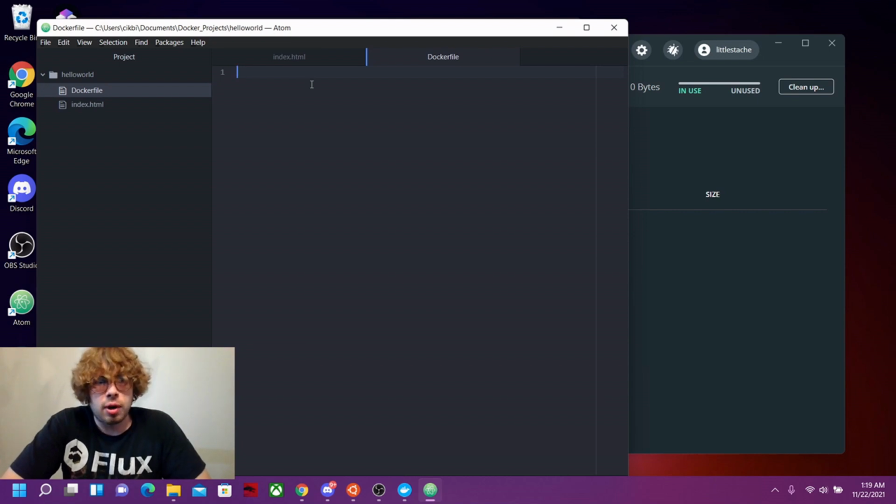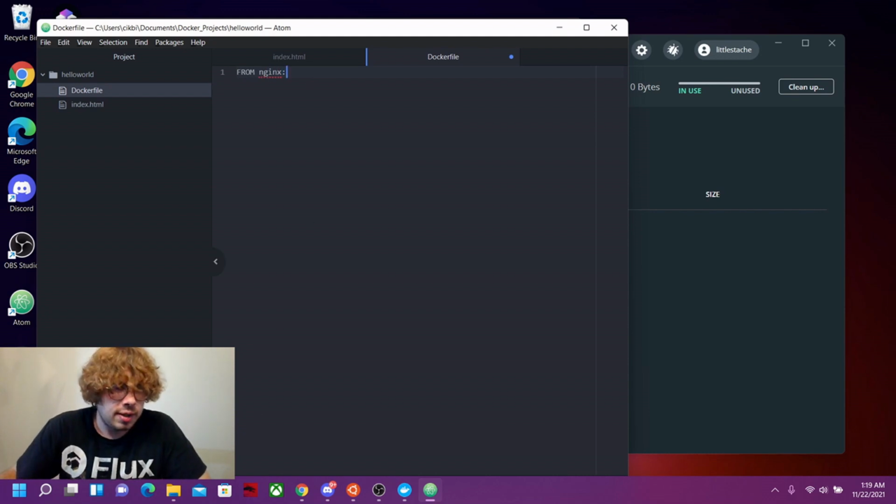Now the first part of this is you're going to want to specify where you want to pull a base image from. I personally like using Alpine images, but for this we need a web server base to start with. And I'm going to use NGINX because it simply serves a static web page, and that's good for what we're doing here. So let's type in NGINX,